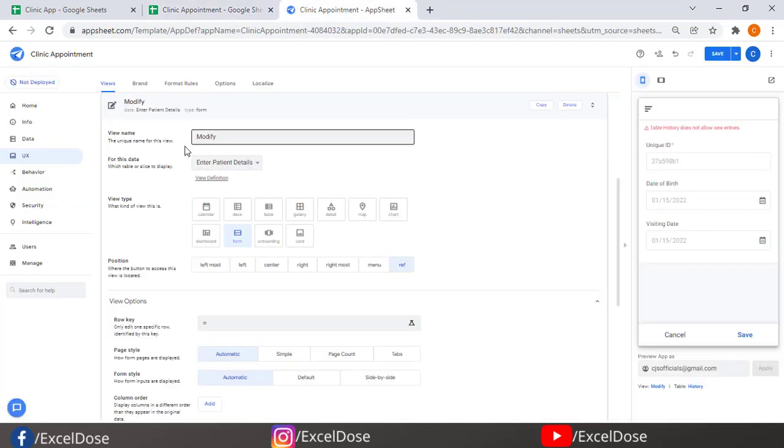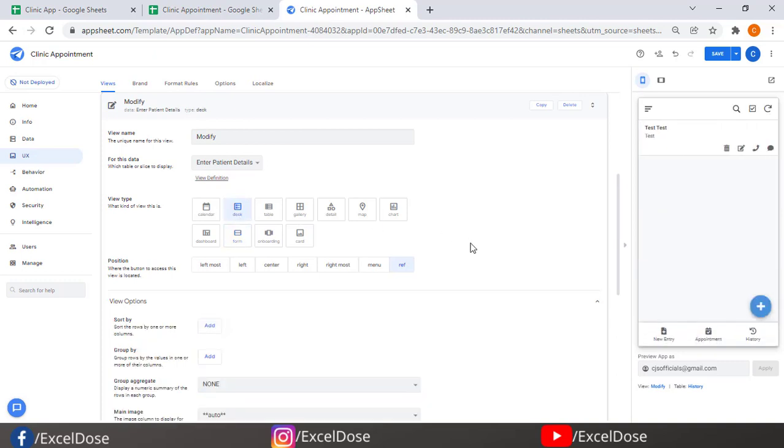So that's the reason we are selecting enter patient details as the data, and that will be in deck format, so that I can see the pencil icon to edit the data, right? And that could be on the right or the left, based on your requirement you can make the changes also. I will go with the rightmost.